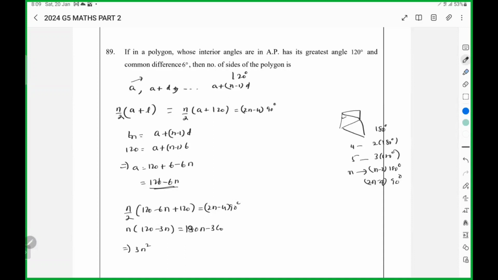Here it is 120, 126. 180 minus 126, which is 126 plus 120, right? 246 by 2, 123. So 3n square, 180 minus 120 minus 360 plus